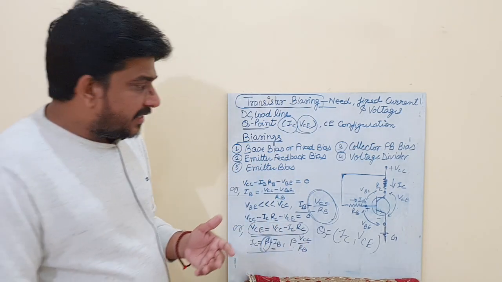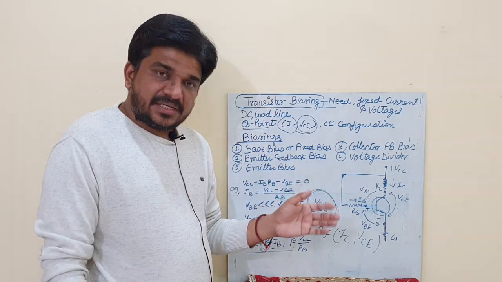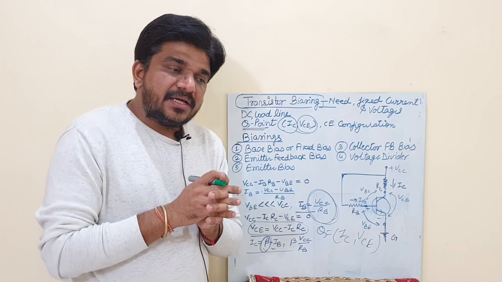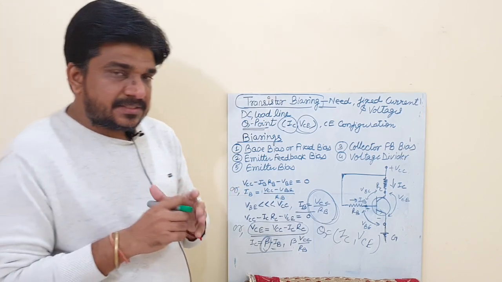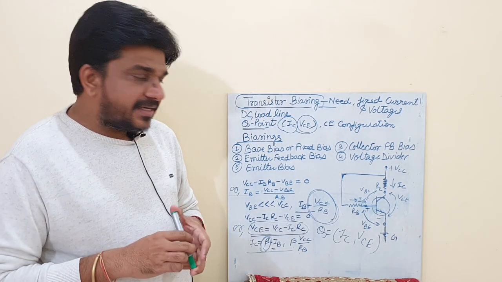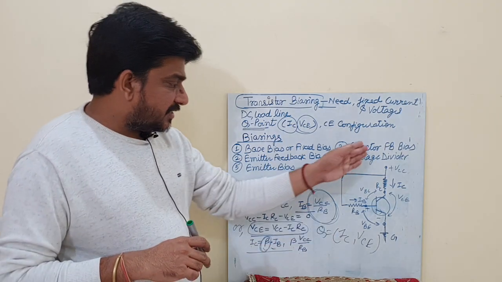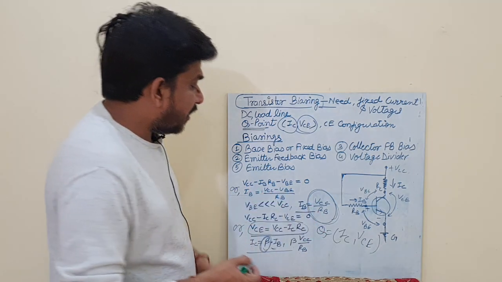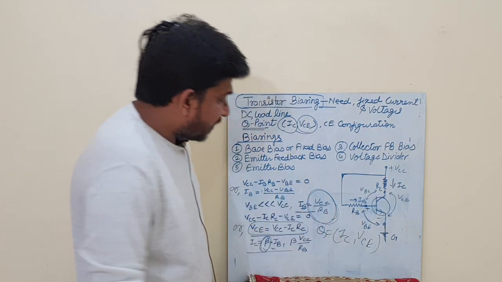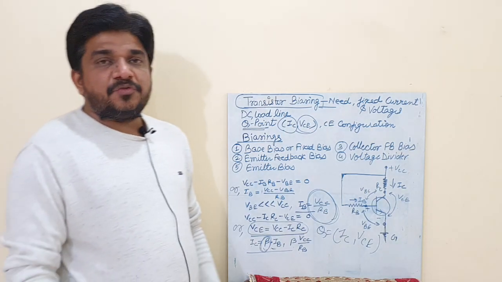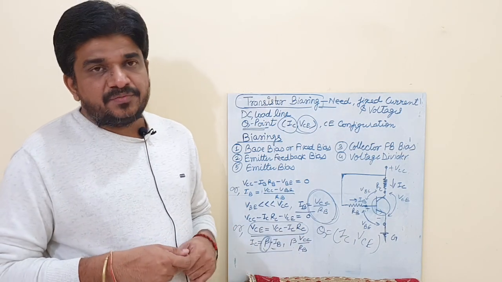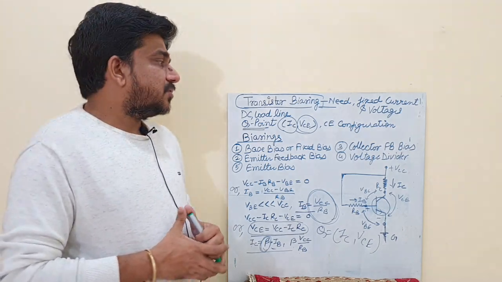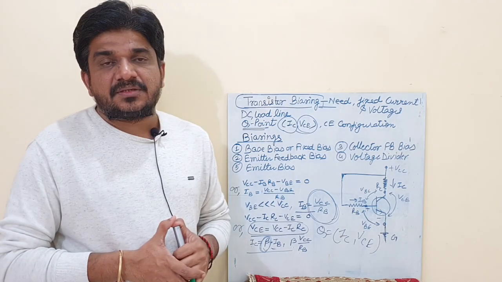But if a numerical comes, then they give you a circuit. After seeing the circuit, you are supposed to find out in which biasing this circuit is. If you remember the formula directly, you can do it, or you can simply follow the simple rules, apply Kirchhoff's law and find the values of VCE and IC. When you put these two things as a coordinate, you will get the Q point. So generally they ask about the Q point and DC load line. So this topic needs practice.